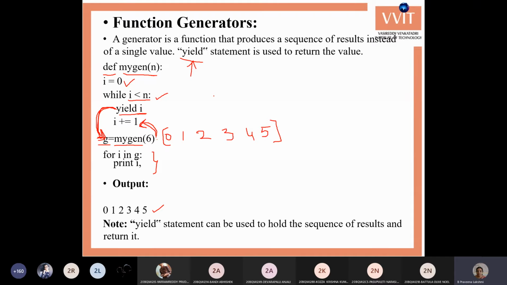Note down for this, put the side heading as function generators.